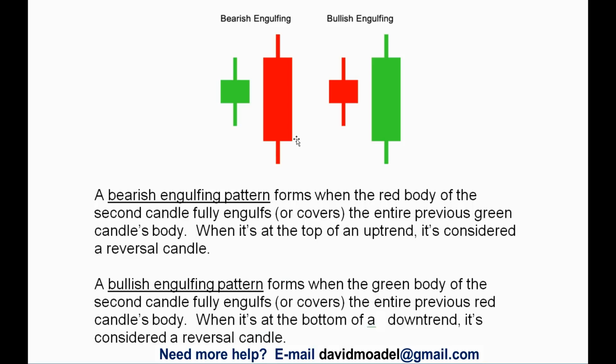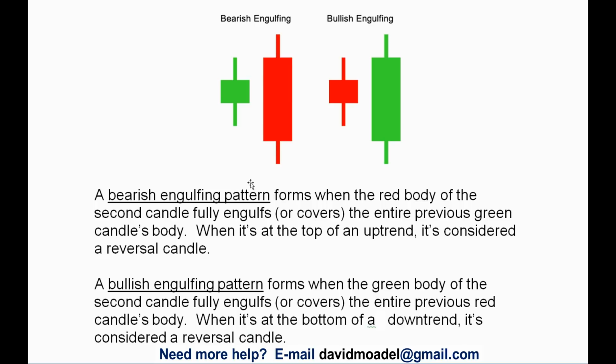Okay, but just a really quick review with candlesticks: the rectangle part is called the body, and there's the line on top and the line on bottom, if they have it. Some candlesticks don't have these lines, some do, but these two lines are called wicks or shadows. And if it's green, that means that the price of the stock, commodity, whatever it is, closed higher, and if it's red, that means that the price closed lower than it opened.